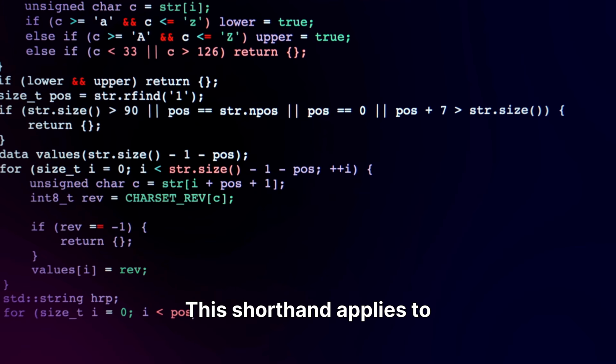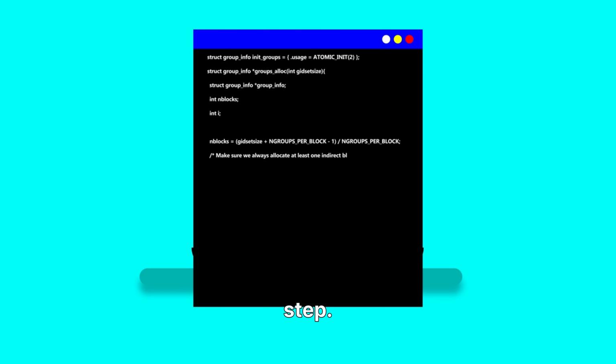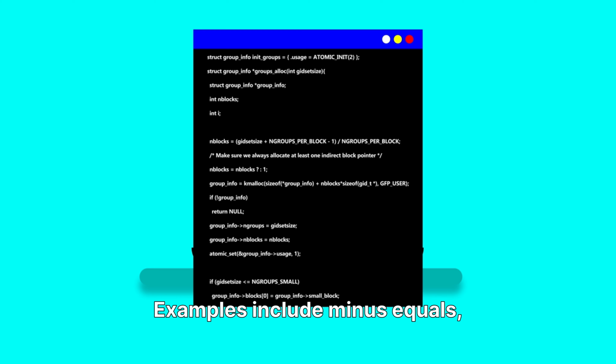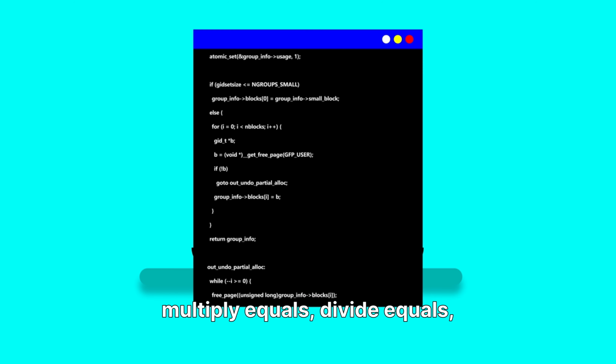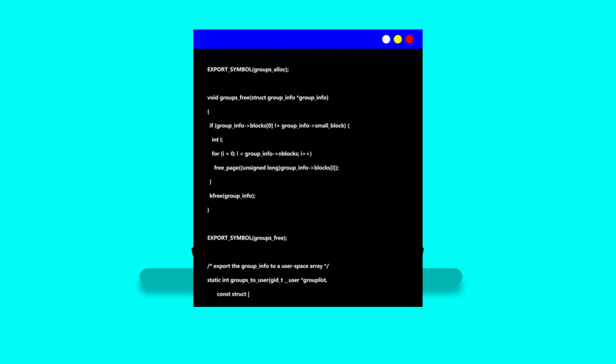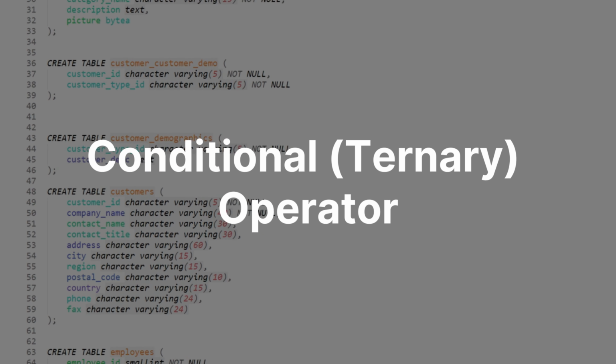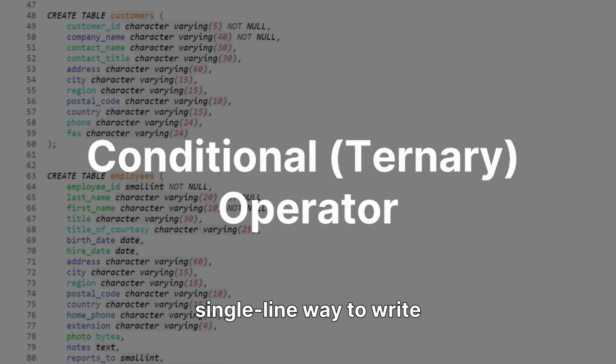This shorthand applies to many operations. These compound operators elegantly combine an arithmetic or bitwise operation with an assignment in a single step. Examples include minus equals, multiply equals, divide equals, modulus equals, and bitwise versions like and equals and or equals. They streamline your code. Next, we have the conditional or ternary operator, which provides a concise, single-line way to write